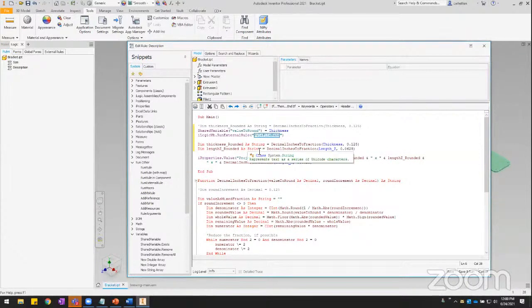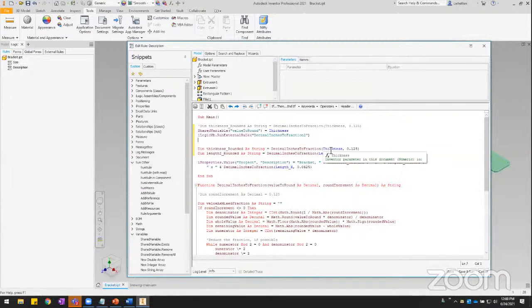And then we call our external rule name, which was decimal inches to fraction 2. That's the one we made. So that's going to run the external rule. And then that external rule is going to use the value we stored in value to round. It's going to create another shared variable, and we want to get that value back. So then we would say thickness rounded is equal to,